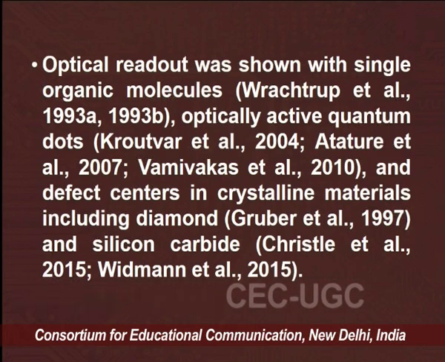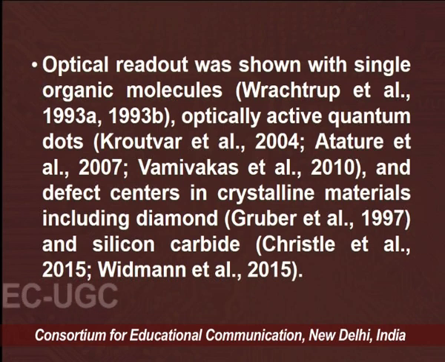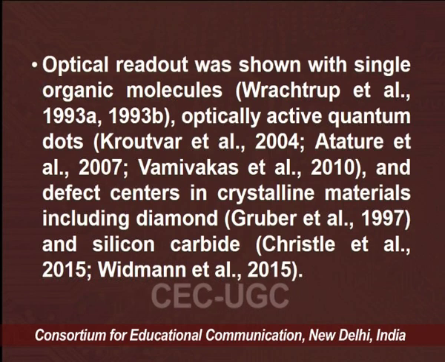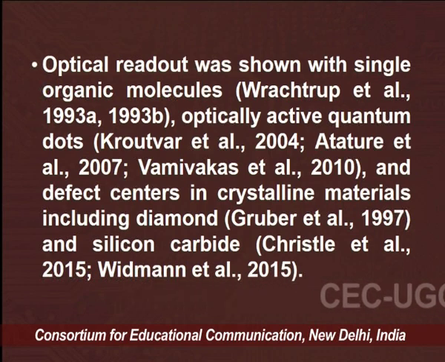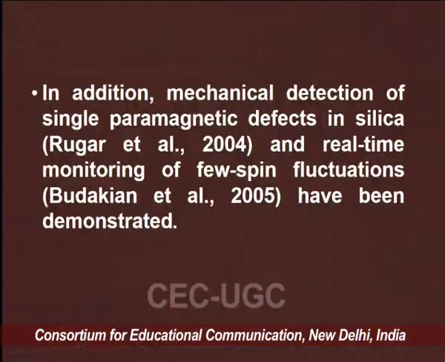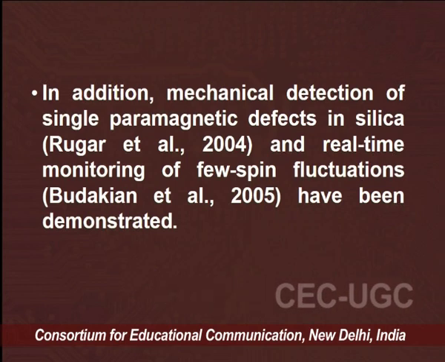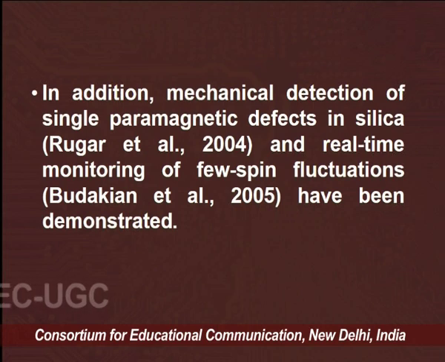Diamond, as we are talking about the carbon, and other materials we can also take, such as silicon carbide, just for the single dot. Now, mechanical detection of a single paramagnetic defect in silica and real time monitoring of few spin fluctuations have been demonstrated. So, that is what we define for the single solid state spin. We take the material and then we detect the single spin. Another sensing platform is the